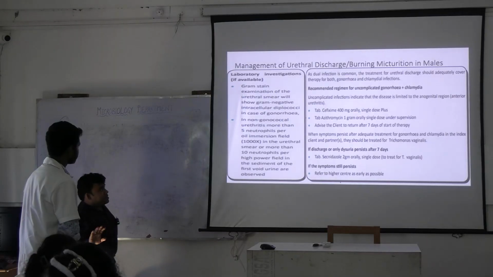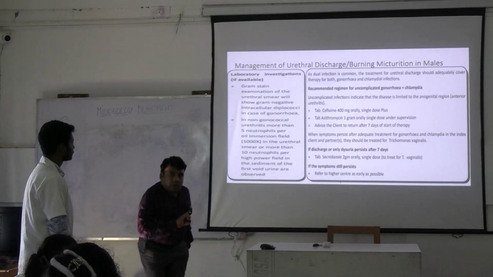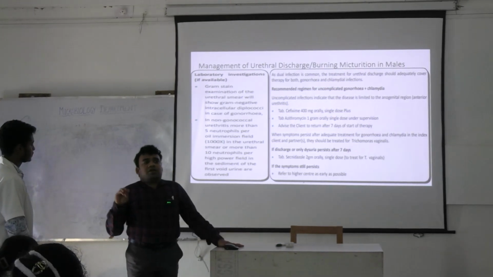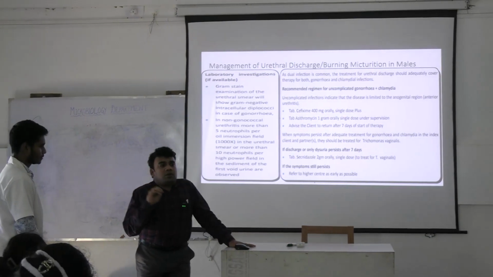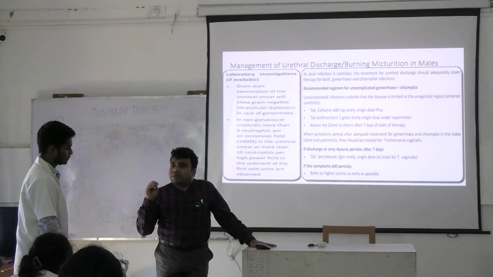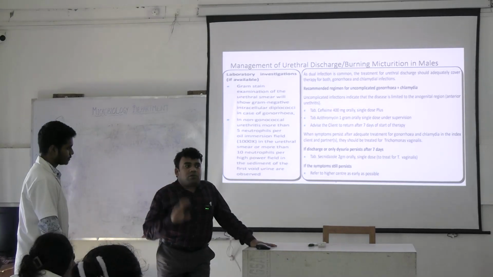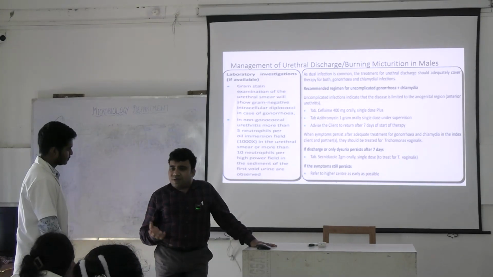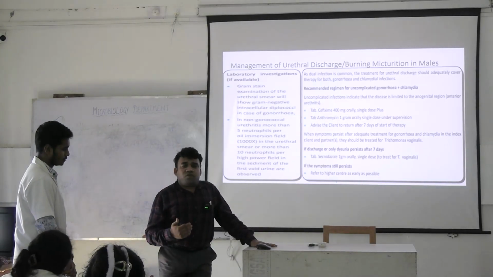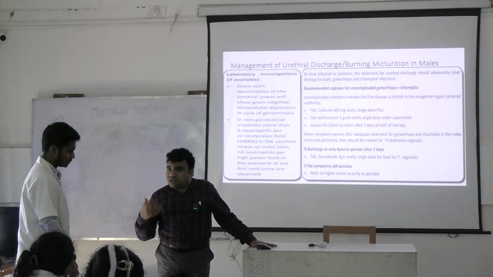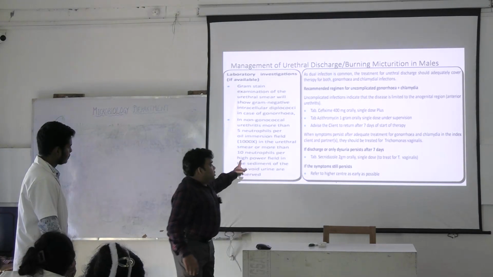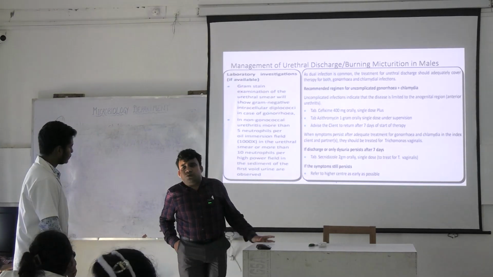Okay, let me explain this. See, urethritis can be gonococcal urethritis or non-gonococcal urethritis. If it is a gonococcal urethritis, we can look for intracellular gram-negative diplococci in the pus that is collected. Now, if it is a non-gonococcal urethritis, commonly caused by chlamydia, chlamydia cannot be detected by microscopy. You need to go for nucleic acid amplification tests, which are not easily available. But what we can do is we can look for the first void urine. What is first void urine?